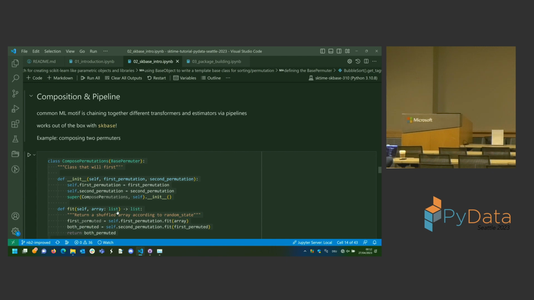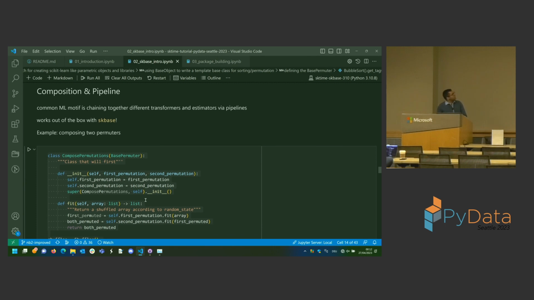It's pretty unusual for your raw input data to be perfectly suited for whatever analytical use case you have. So in scikit-learn and skTime, there is heavy use of composite algorithms which chain different processing steps together. So what we're going to do here